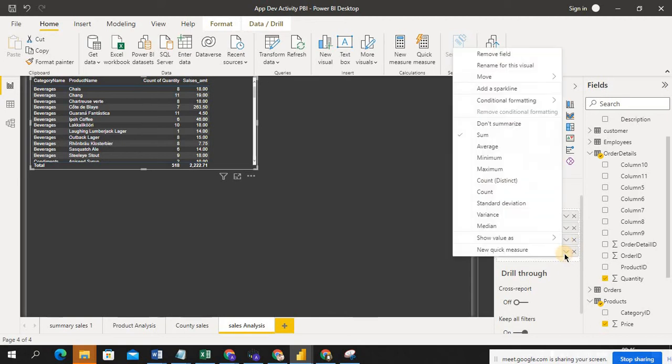Again I'm going to sales amount. My requirement is I want to present the sales amount column, which is nothing but the price column. I renamed the price column as the sales amount column.